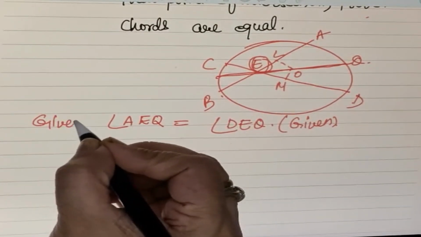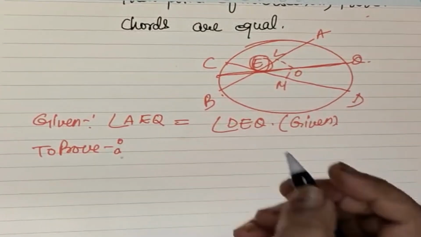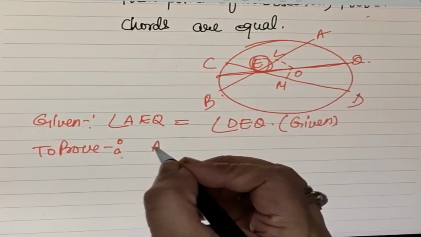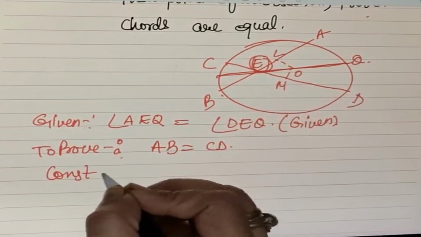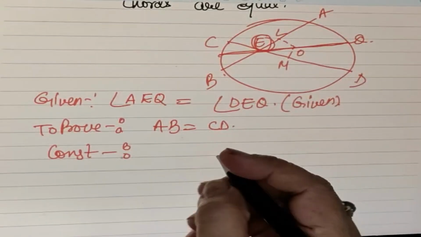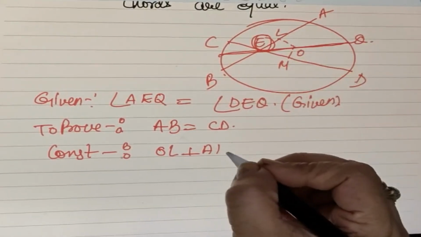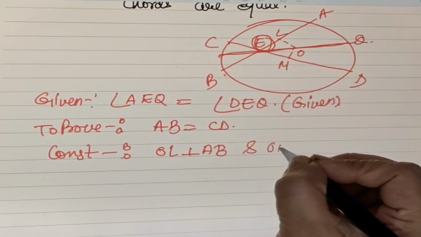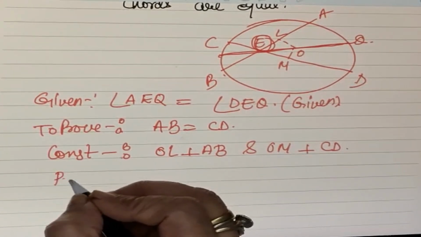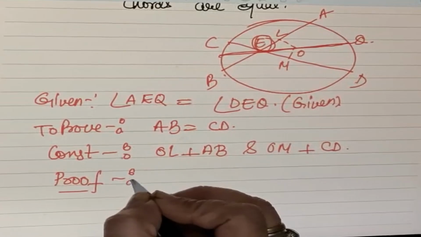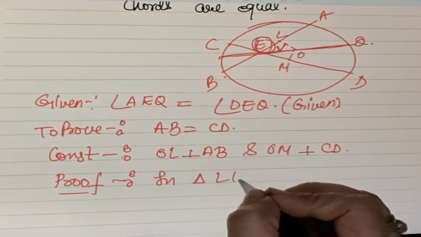Now I am writing given and this is to prove. Now what do I need to prove? That AB is equal to CD. I am doing some construction here. Without construction I cannot solve it. So I will do OL perpendicular to AB and OM perpendicular to CD. If I am taking triangle LEO, if you see this triangle LEO,